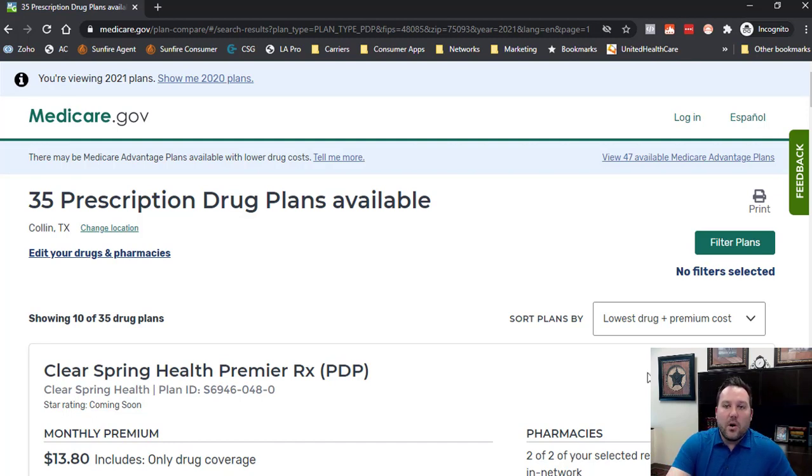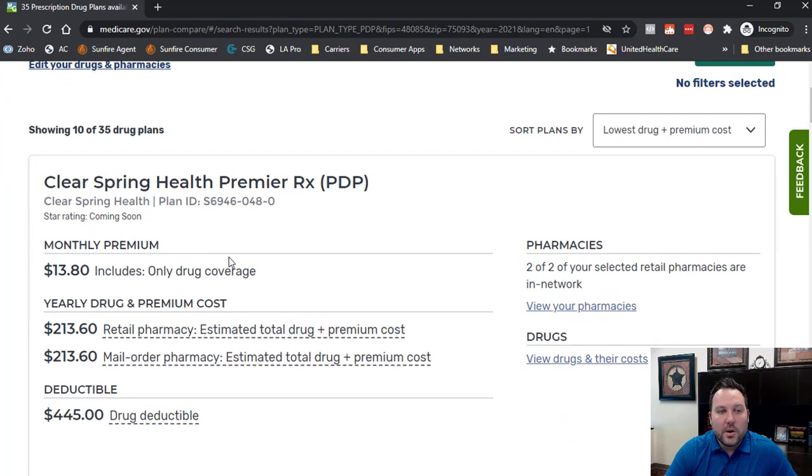So now we are on the results page, and it tells us there are 35 different prescription drug plans available in Collin County. So as we scroll down, we're going to start seeing this list of plans. Now, this is really important. The way that this Plan Finder tool works is it's sorting the plans available based on my medications and the cost of those medications. And what it's doing is it's adding up the total cost for the entire rest of the calendar year,